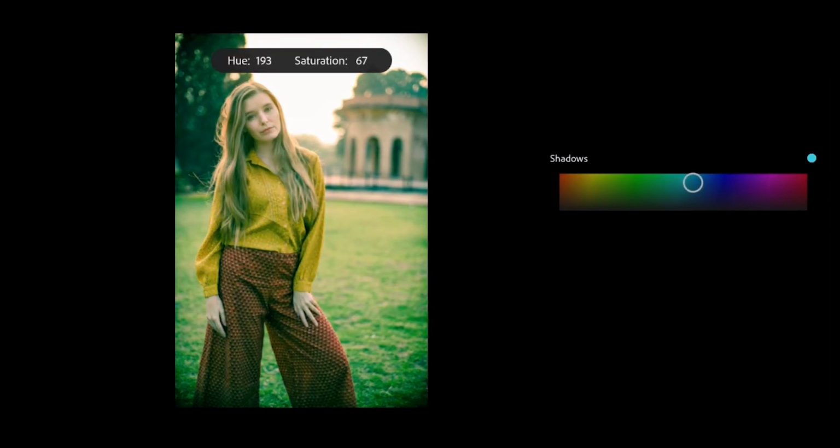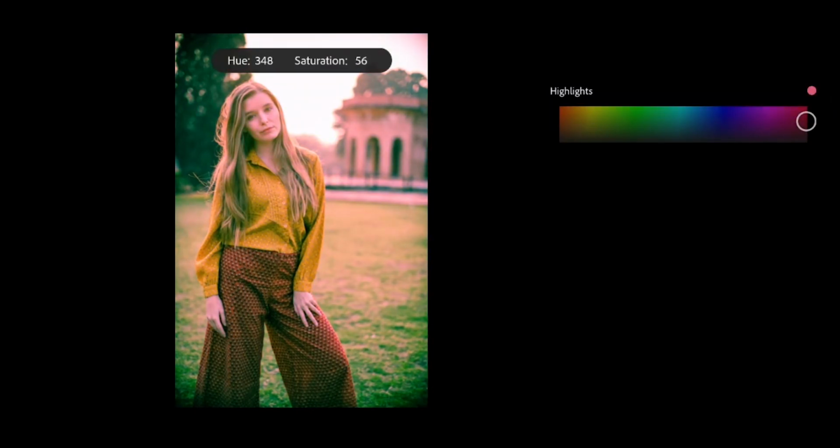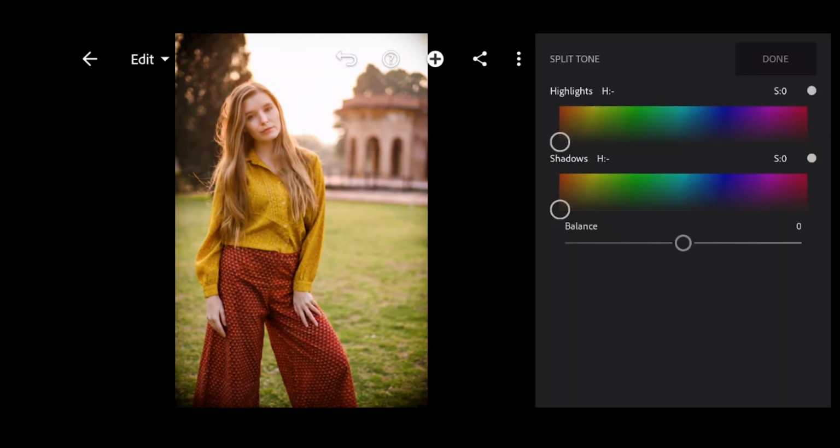Like if you choose cyan and then you choose orange or red, that makes it more moody and different. Or blue or magenta looks nice, like an old 60s photo. I generally do all of this color grading based on choice, but presently the photo is looking very pleasant. But if you want to have a creative color to it, you can always use the split tone to do that.